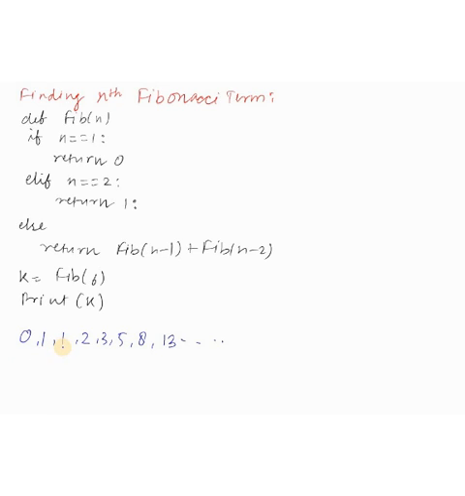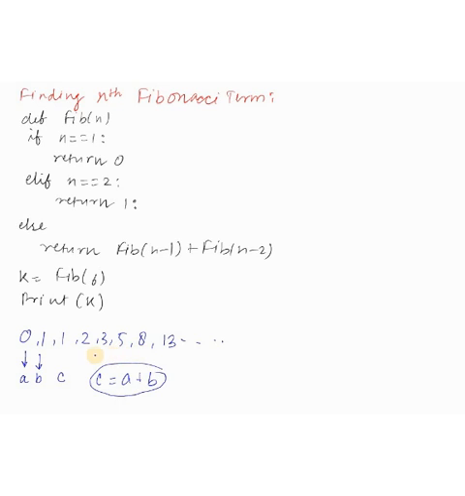Every term in this series is basically sum of last two terms. So if I talk about what is the third term, so that will be sum of first and second term. And first and second term are to be considered as base elements. So they are not actually the part of this calculation. They have to be initialized. So if I say first term is A, second term is B, and third term C, so C will be sum of A plus B. Then we'll continue up to the last. So this is basically Fibonacci series, and we cannot find out complete series using recursion. We can simply find out a particular term of Fibonacci series.